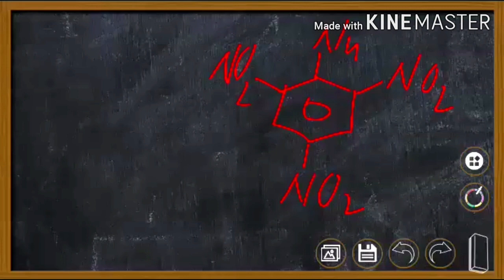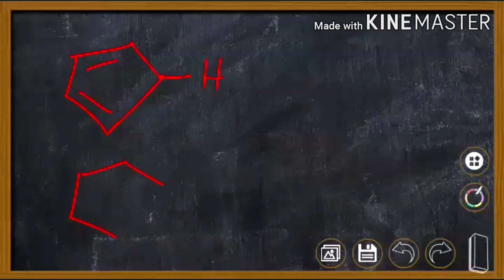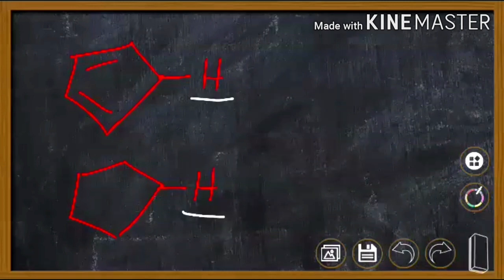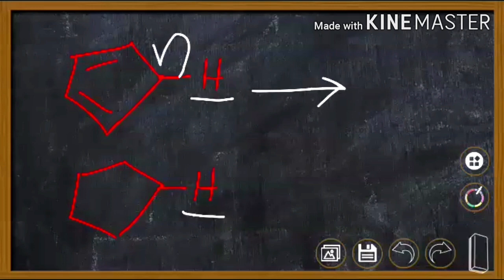So another illustrative example I'll discuss. I have two compounds, this and this. The question is: among these two, which hydrogen is more acidic? Acidic means there should be a dissociation, right? Suppose this species is an acid, it should donate H plus. How is it possible? This bond should cleave heterolytically. So you should end up with